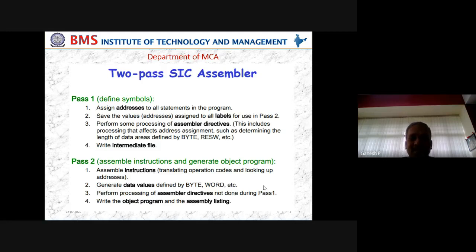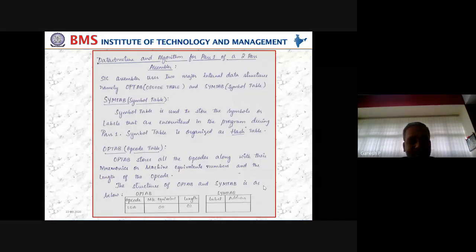Now our concentration is how the PAS1 is being performed internally, because we are talking about system software, meaning how you as a programmer, how you as a designer are going to design the algorithm of PAS1 for SIC, so that you can write a program such that PAS1 can be implemented. So what is the input for you now? An assembly level language program of SIC has been given as input. The example that you have taken in the previous class, we can consider. Let us keep that example in mind, or any program for that matter.